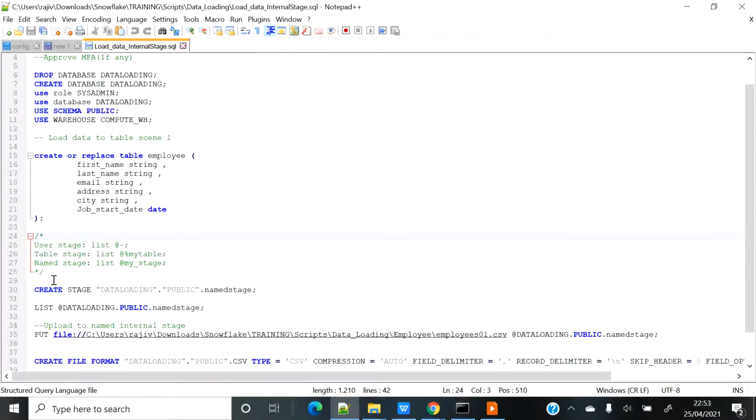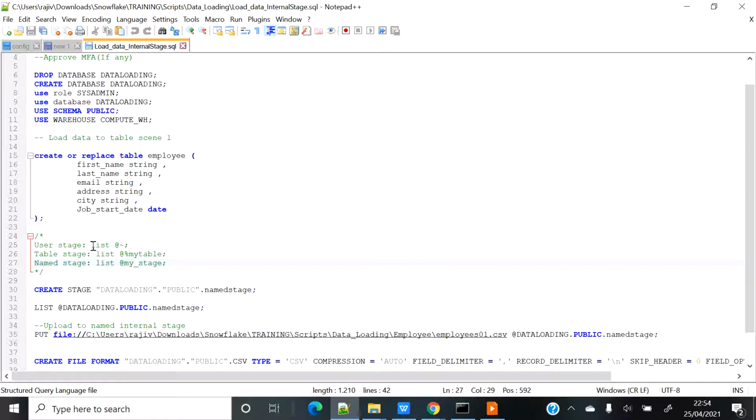All right. If you are not sure which stage to select, you can look into one of my recent blogs where I've explained in detail what is a user stage, what is a table stage, and what is a named stage, and in named stage we also have internal stage and external stage.